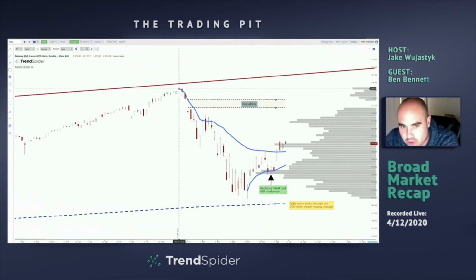We anchored the volume by price from February 19th because that was our reversal. We anchored the volume weighted average price from the bottom here for our support. Notice that there were so many shares holding here that the mixture of demand and then the mixture of this anchored VWAP created a very strong area of support.